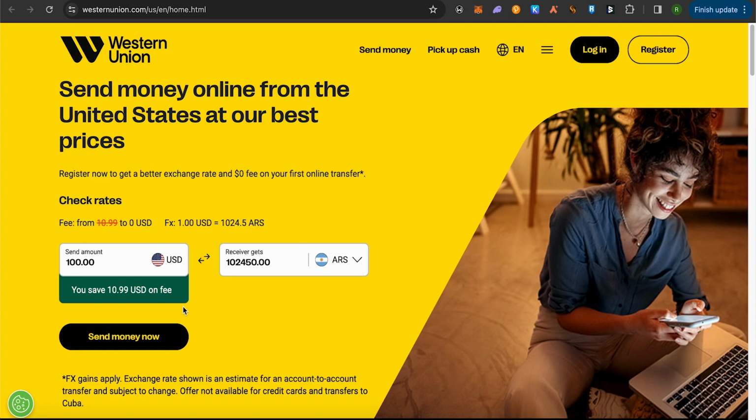After that, you would be required to enter the card information. Now you would be redirected to a confirmation page where you would be able to see the confirmation message that your transaction has been sent and the receiver or the recipient would be receiving the money. Now there you would also be able to see a MTCN number. Simply share that particular number with your recipient,